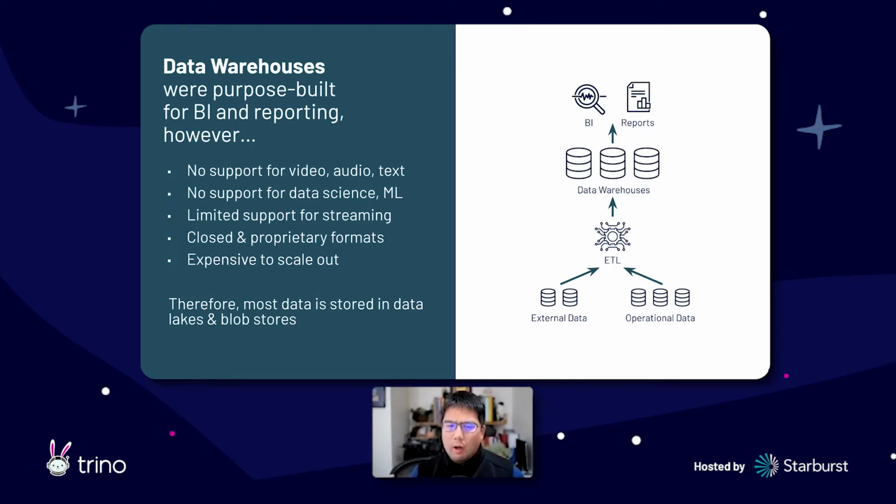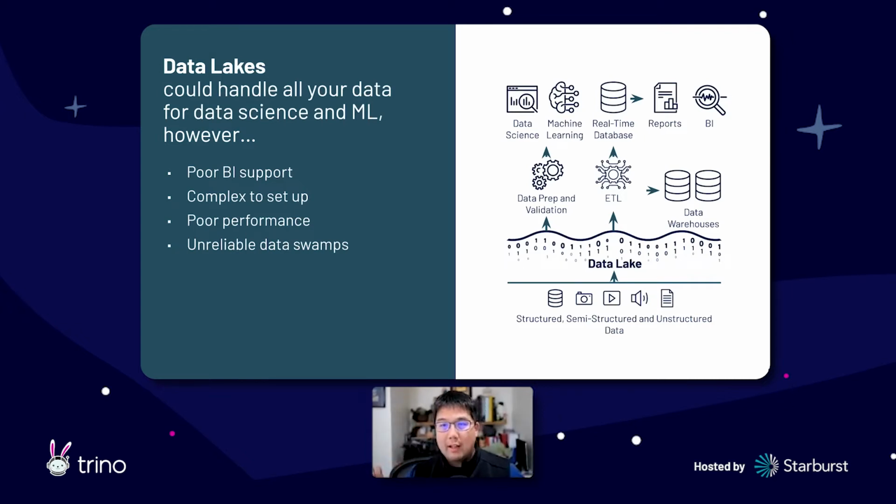And therefore, when we switched to data lakes, most data was stored in data lakes and blob stores because we wanted that flexibility. I was actually part of that transition as well, because I was part of the crew that said, hey, we need to build Hadoop, Hadoop on Windows originally, and afterwards Azure Hadoop. In other words, Hadoop on Linux, but in the Azure cloud. And we really pushed that idea of schema on read. Yes, we could do everything with schema on read. We wouldn't care about the structure of the data. We didn't need a schema anymore. We would just determine the schema at read time, right? And no problem at all.